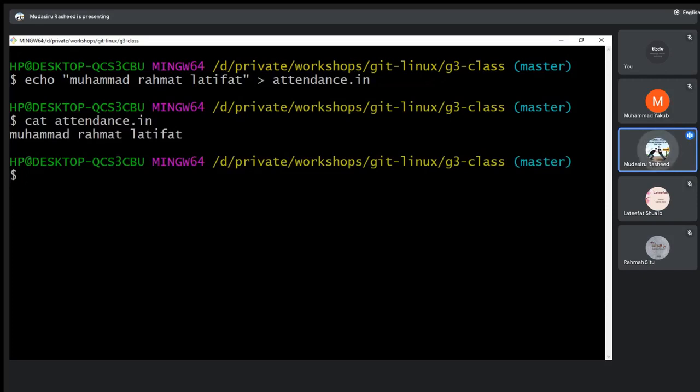Okay, but what does this mean? If I want to put something bigger, like 10,000 lines or 100 lines of code, into a particular file, it's advisable for me to open up a text editor. I can open any text editor I want to use. Let's say I want to use Notepad: I can say notepad attendance, then it opens up my Notepad editor. If you are using Visual Studio Code, you can type code, then the name. You can use any editor you want.